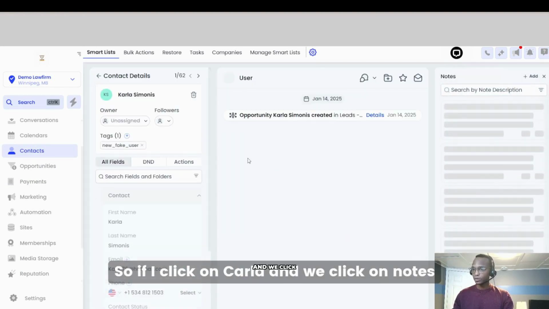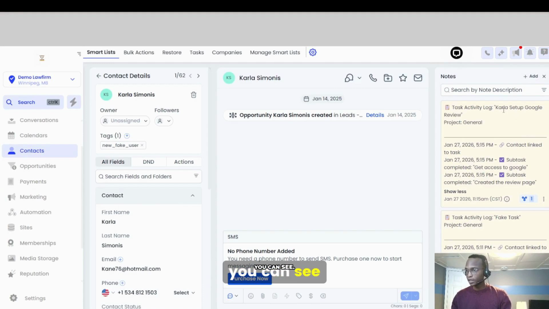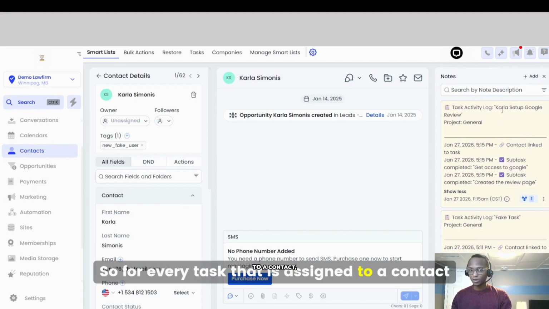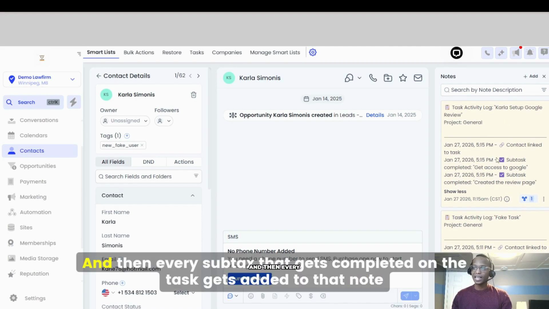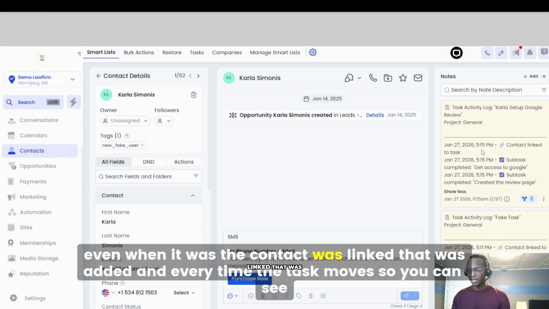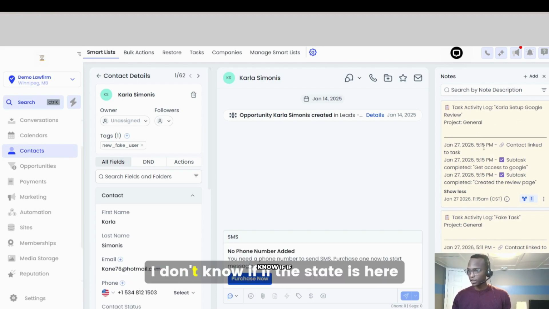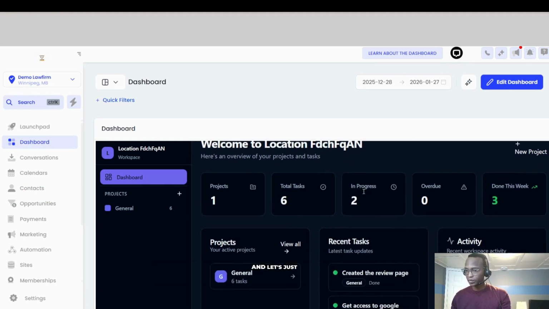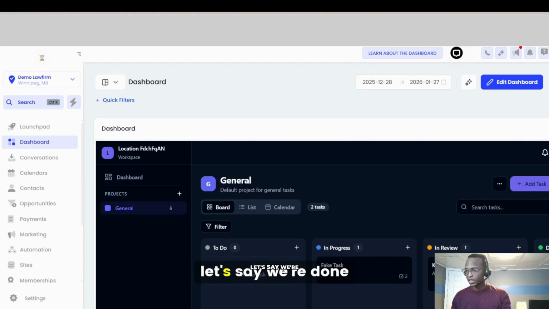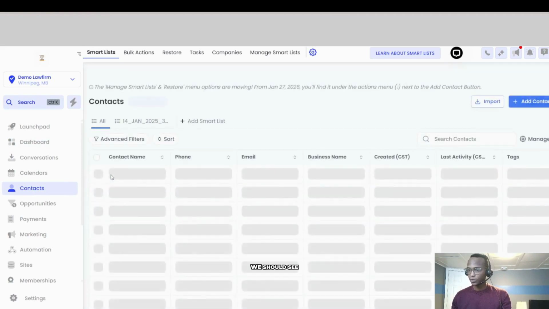If I click on Carla and click on Notes, you can see that for every task that's assigned to a contact, a new note is created. Every subtask that gets completed on the task gets added to that note. Even when the contact was linked, that was added. And every time the task moves, so if we go back to our dashboard and click General, let's say we're done. I move that to Done. Now if we go back to Carla, we should see